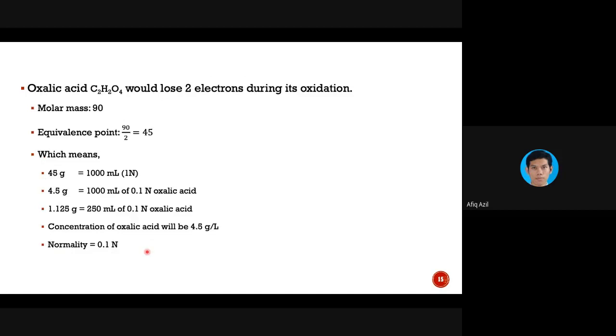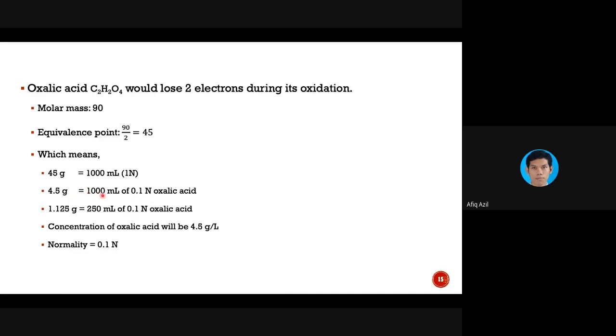Then for oxalic acid, the carbon itself would lose 2 electrons during the oxidation. So the molar mass for oxalic acid is 90, while the equivalent weight is 90 divided by 2, because it loses 2 electrons from the oxalate ion. Oxalic acid will come from the oxalate ion. So it means that 45 gram, if you dissolve in 1 liter, you will get 1 N of solution. If you want to make it 0.1 N, then 4.5 g